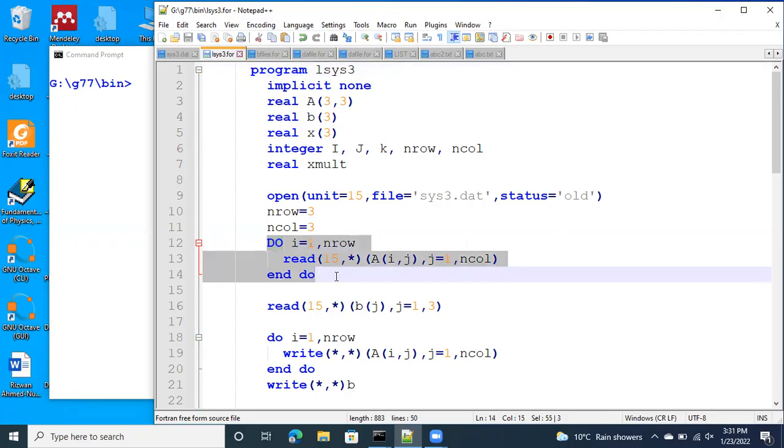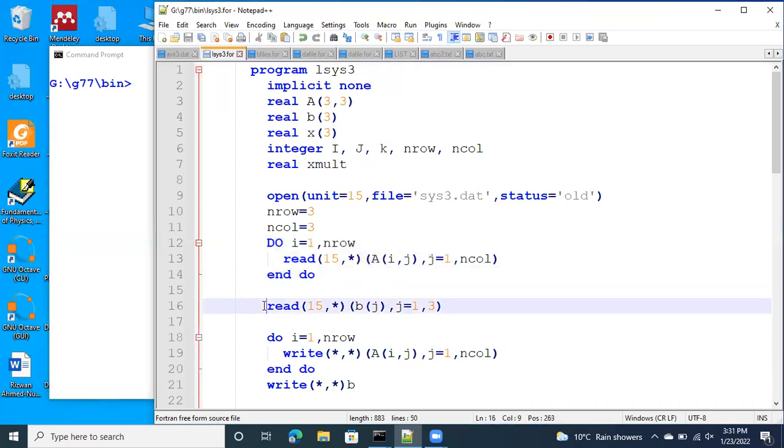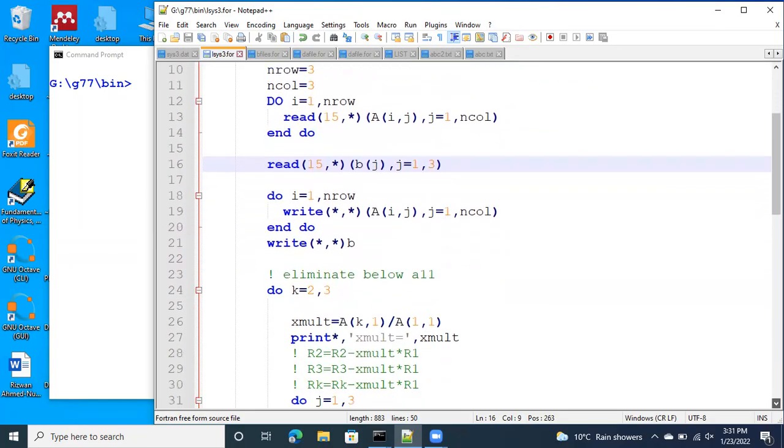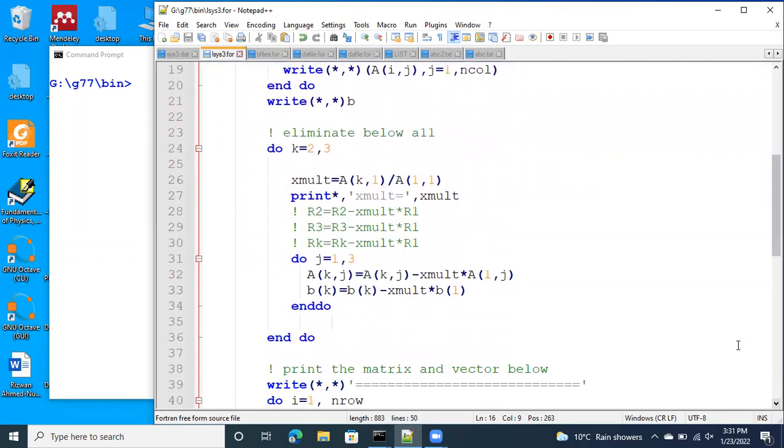program lines, the matrix A was created and stored and got the values from the file unit 15. And similarly, this read statement was to get the values of vector B. And accordingly, I wrote the statements to print the data values, and then elimination was performed below the